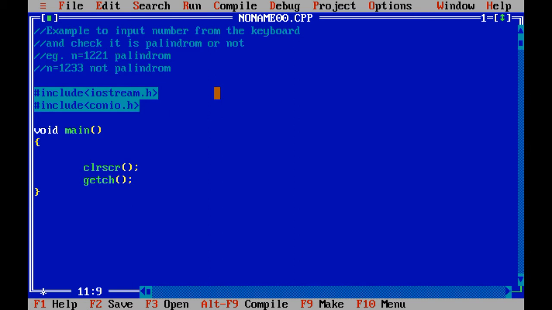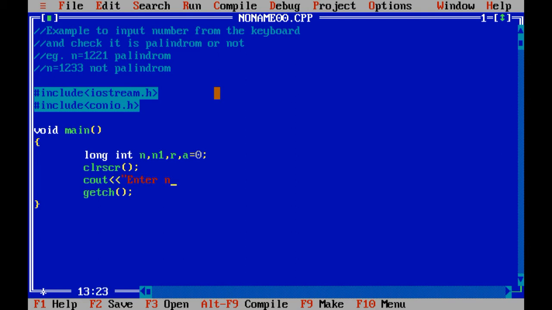So that is the limitation, but here we are going to store more than that number. That's why I am going to take long integer data type: n for the original number, n1 for the comparison of that number, r for the separation of number, and a equals to 0 for the calculation purpose.